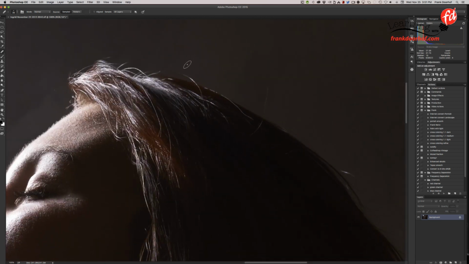Now only this one, and let's do this one a little bit different because this can be a problem with the healing brush, as you can see here. And this one is okay with the healing brush, but this is a little bit tricky. So let's go into Quick Mask and select a brush, and now take a small brush, and what you do